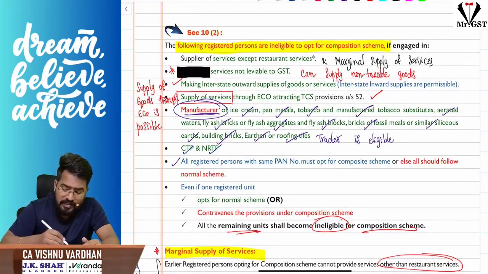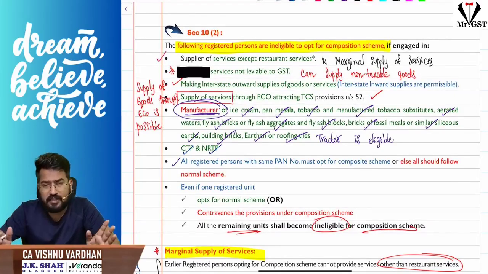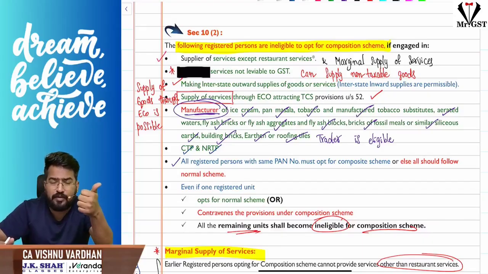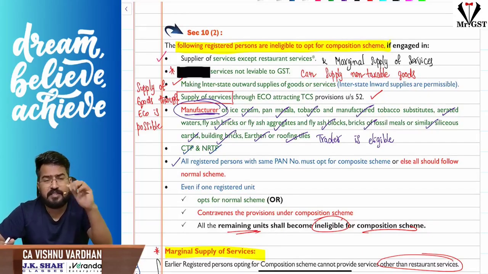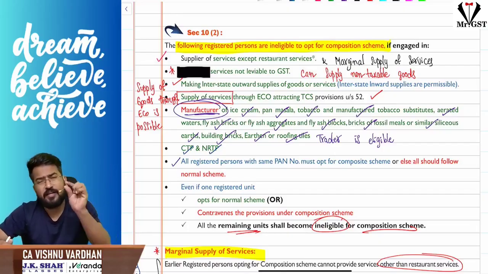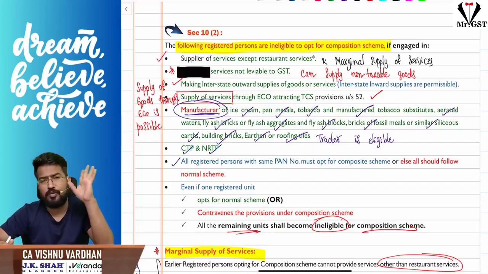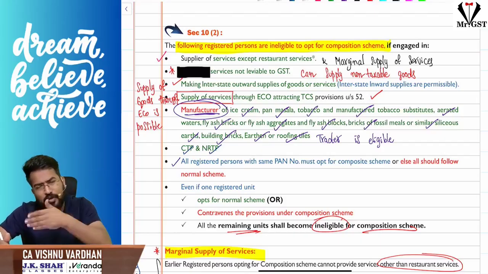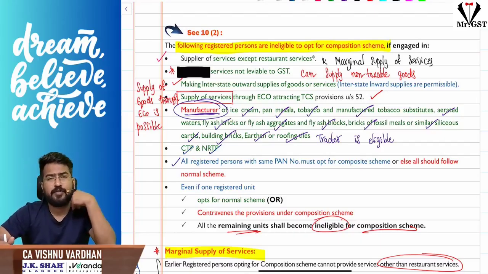Sir, who is providing service other than restaurant service, and marginal supply of service, that option is available for you. So other than marginal supply of service, you should be doing only restaurant service, any other service within the limit of marginal supply. If you are doing more than that, for example, I'm selling ACs and some small amount of servicing also I'm doing, no problem if it is within the limit. If it is beyond the limit, I cannot go with 10 subsection 1. Then what should I do? You can go with section 10 subsection 2A. Are you understanding the point?